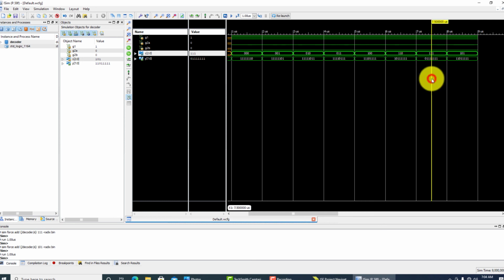Here the seventh position we are getting 0. Okay, corresponding binary value we are getting 0.